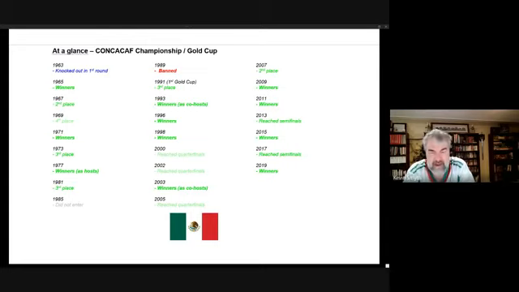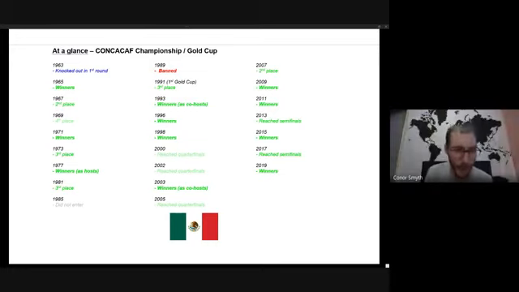There were no main rivals for Mexico before the Gold Cup. Rather, it was individual countries kind of popping up and outdoing them here and there. But from 1990, it was the USA that became their biggest rival. The 2 have ruled the region since 1991, winning every Gold Cup between them, except for one, Connor. That was Canada in 2000.